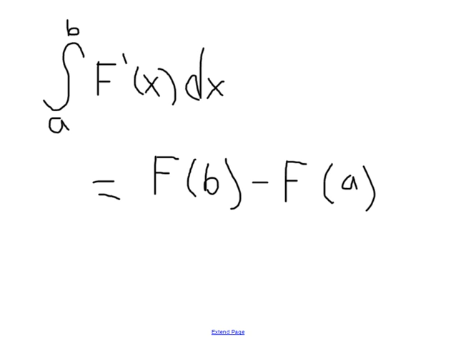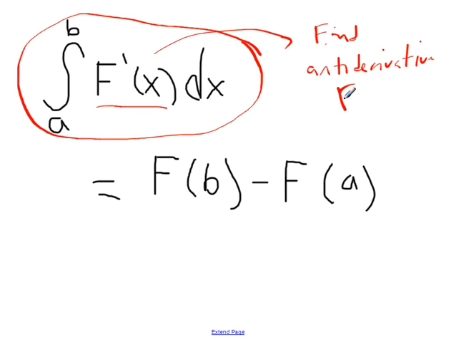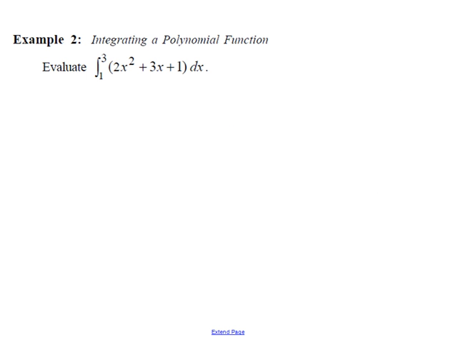So now we're going to piece these together. We're going to be given some definite integral, and we're going to find the antiderivative. We're saying that the inner function is the derivative, so the antiderivative is the original function. And once we find this function, then we can just evaluate. I know you're eager to see this in action. Here we go. So integrating this polynomial,